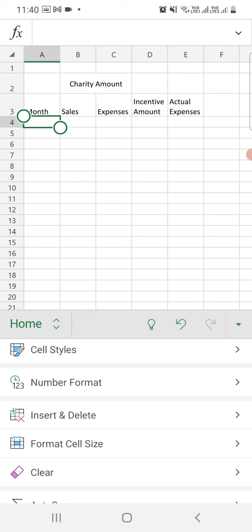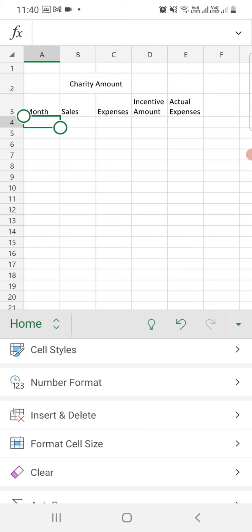First you need to fill up the Excel sheet according to your need. Like here we have the data: month, sales and expenses. Month from January to June, and particular numbers are given for sales and expenses for each month.